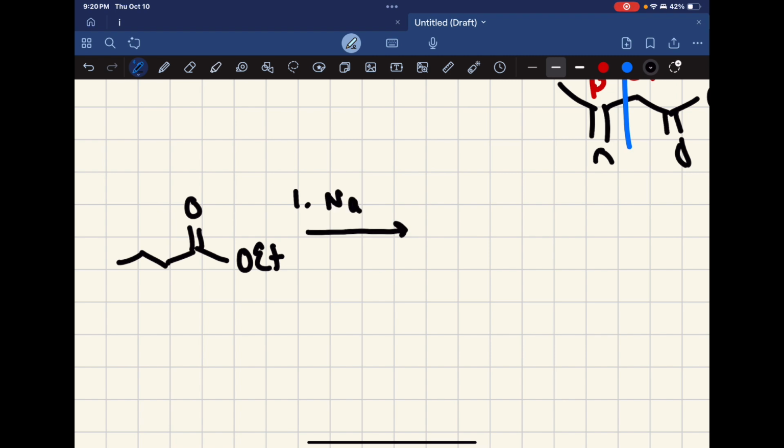Okay, so a couple things I want to point out first as I fill this all in for you. Number one is that there is a different choice of base here. Notice that with aldol reactions, we used aqueous bases such as sodium hydroxide or potassium hydroxide. Yes, we also used LDA. But sodium hydroxide and potassium hydroxide cannot be used here because, as we learned in the last exam material, aqueous